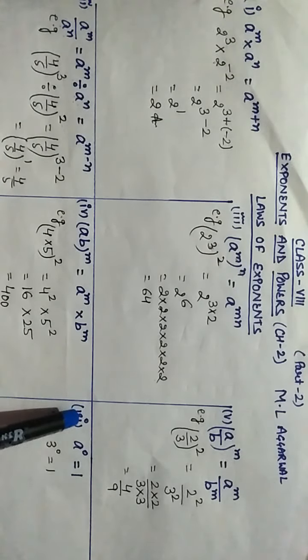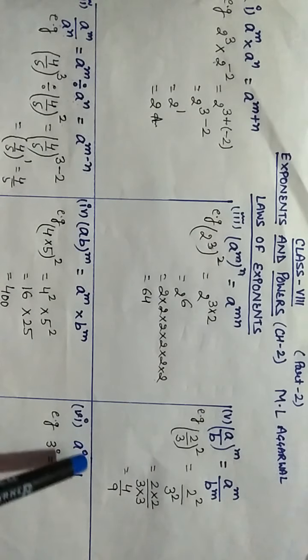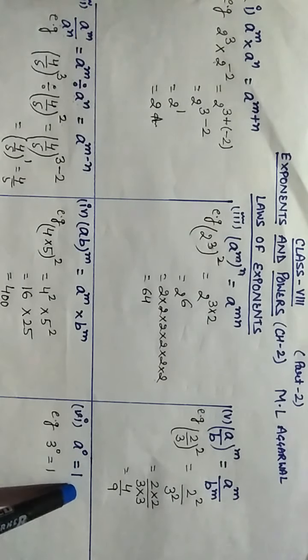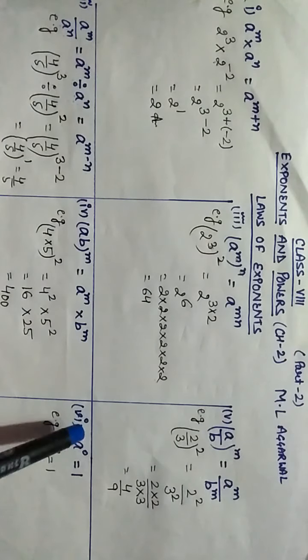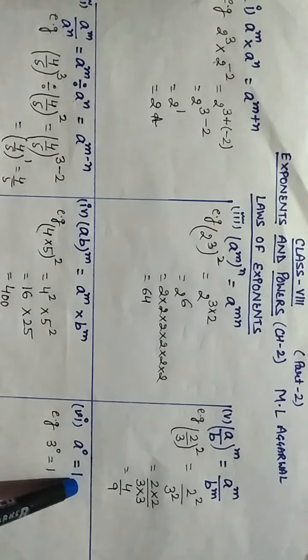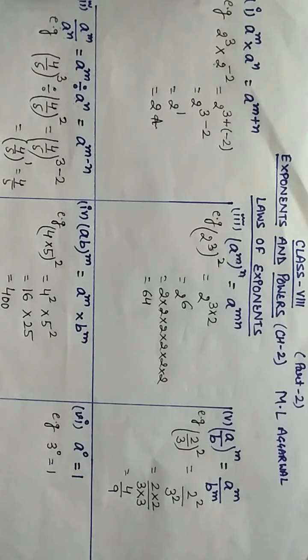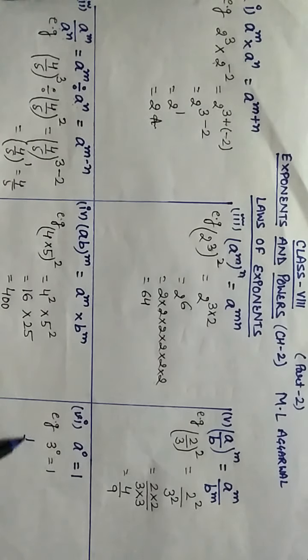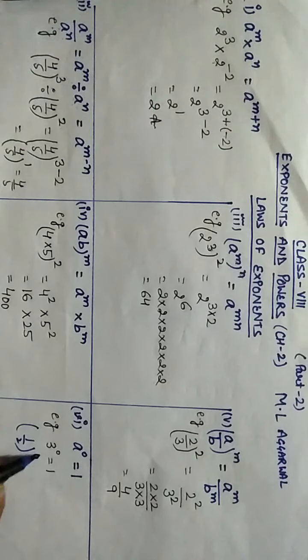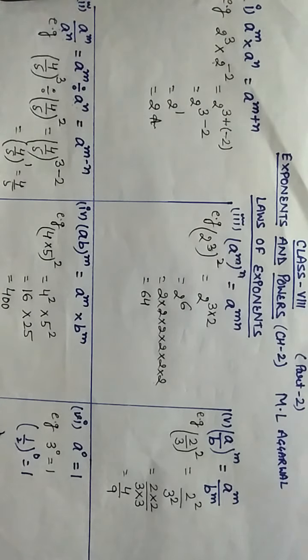The sixth law says that an integer raised to power 0 is equal to 1, meaning if any integer has power 0, having exponent 0, that is equal to 1. Okay, we understand by the example, 3 raised to power 0 is 1, or you can say 1 by 2 raised to power 0, then it will also be 1. If we say x raised to power 0, then it is also 1.